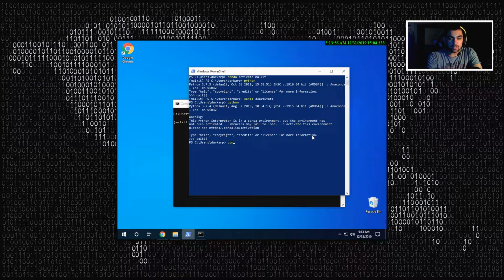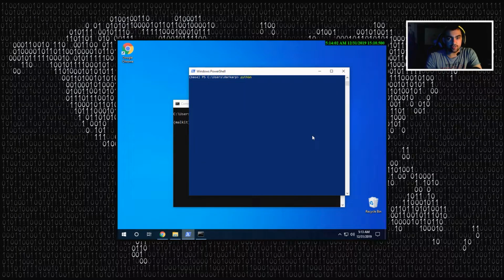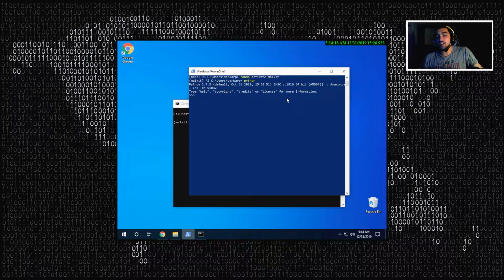Let's activate the base environment just for the sake of it. So see, this is the Anaconda for the base environment, the Python version for the base environment. But when you activate the other one, it's a different Python, because essentially it's almost as if it's a different Python installation, an isolated one,